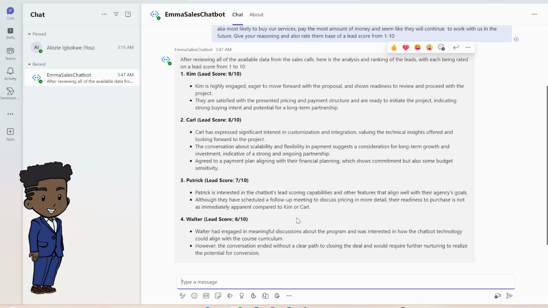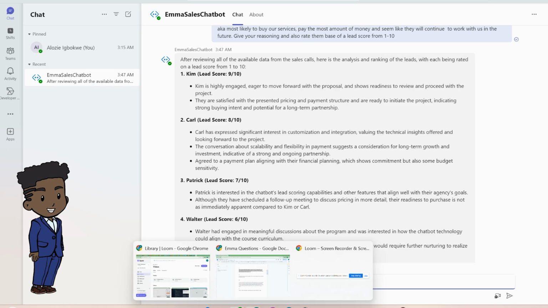Now, the next functionality I'm going to go over deals with function calling. We have two cases where we use this functionality. The first case is where we have Emma pull information from a database we have created in Airtable, based on what the user inquires about the lead. This information will have things like when the lead's next meeting is, notes, how the lead was found, and so on. So we might ask a follow-up question like,